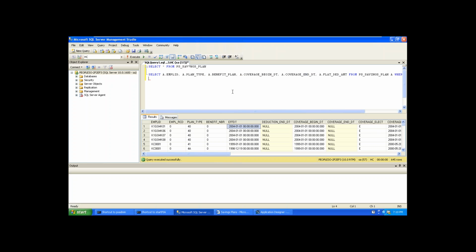Where A.EFFDT equals, within this query I am writing, select max of A1.EFFDT from the same table A1, where here we have to match all the key fields within this table. Open the table here.